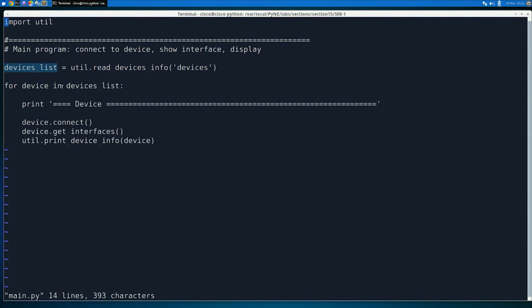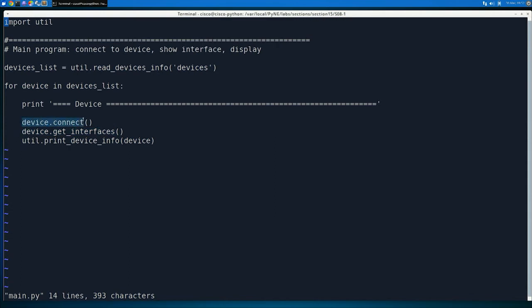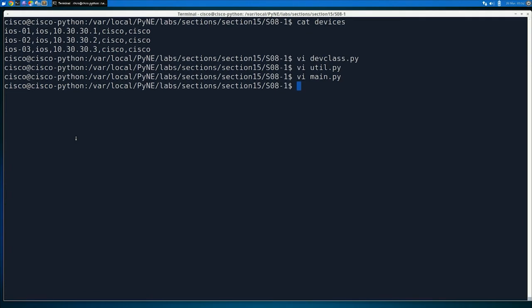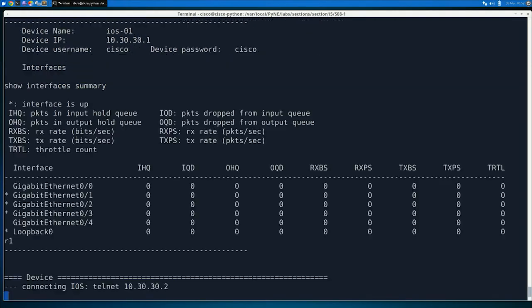From here, I can go through the list of network device objects, and one at a time, I'm going to connect to it. I'm going to get the interface information for that. Here's where I'm referencing device.connect and device.getInterfaces, and then I'm going to do a print device info. So I'm dereferencing my object here and calling these particular methods. So if we exit here and we run python main.py with any luck, we will be able to connect to